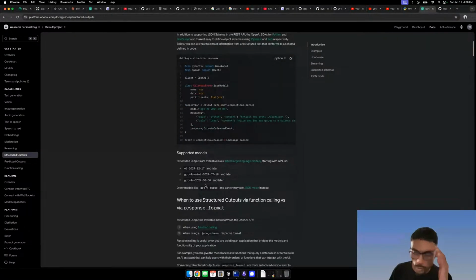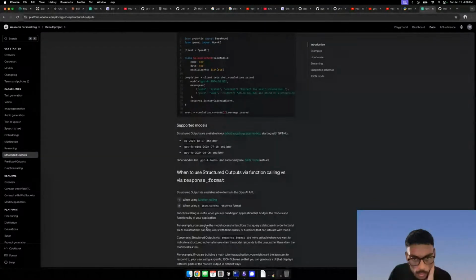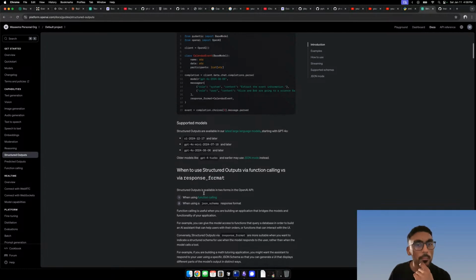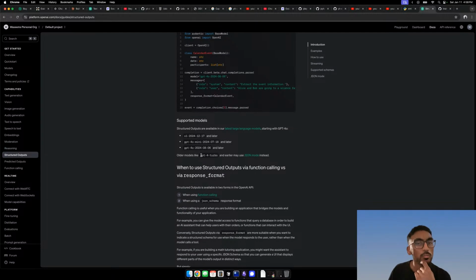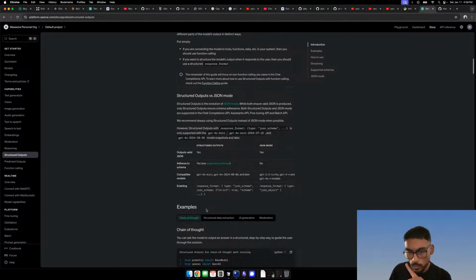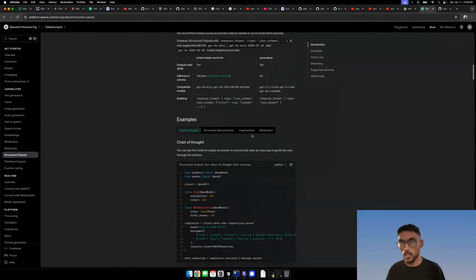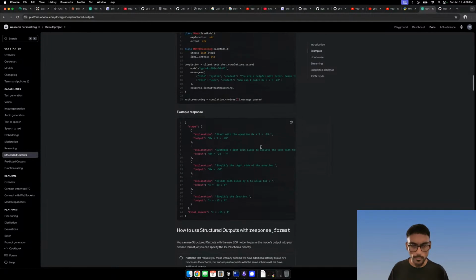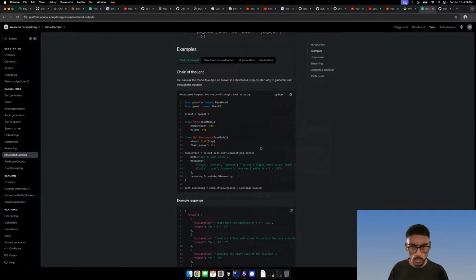I'm sure that there's some trade-offs between the two. For example, maybe one or the other might be faster. This one seems like it only supports specific models. Older models like GPT-4 Turbo and earlier may use JSON mode instead. I think Instructor might actually save me some time. Hold on, let's see. You can do some chain of thought stuff.